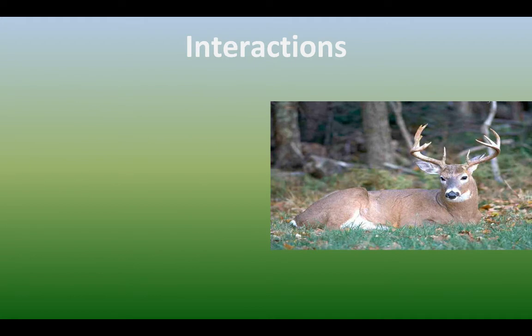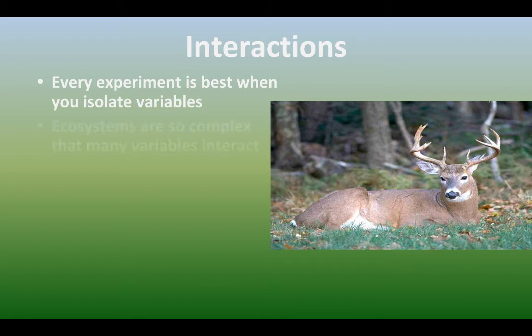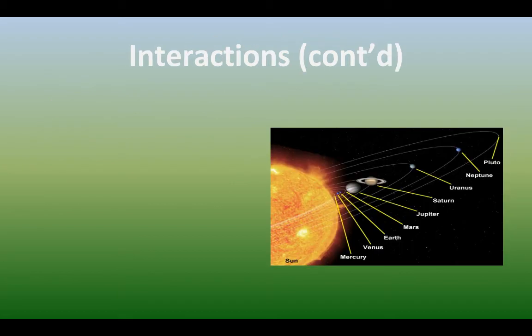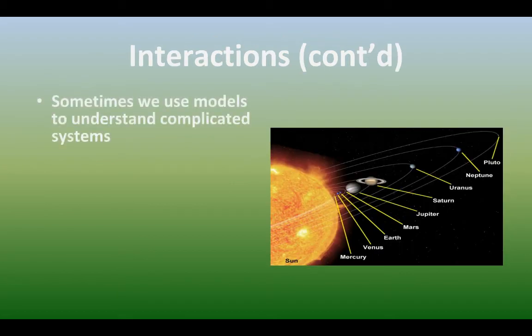Looking at interactions. In regards to interactions, most of the systems on Earth are intertwined. They're affecting each other. The water cycle is involved in the carbon cycle or the nitrogen cycle. And we can't just study one system easily on its own. Perfect example, we have to create models